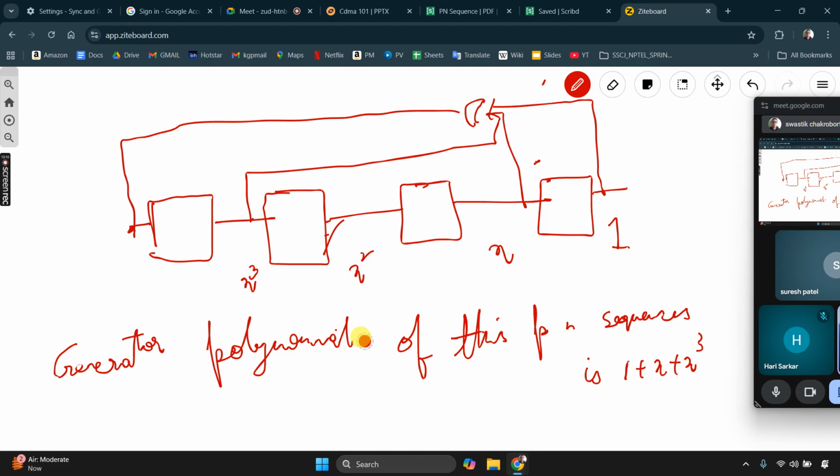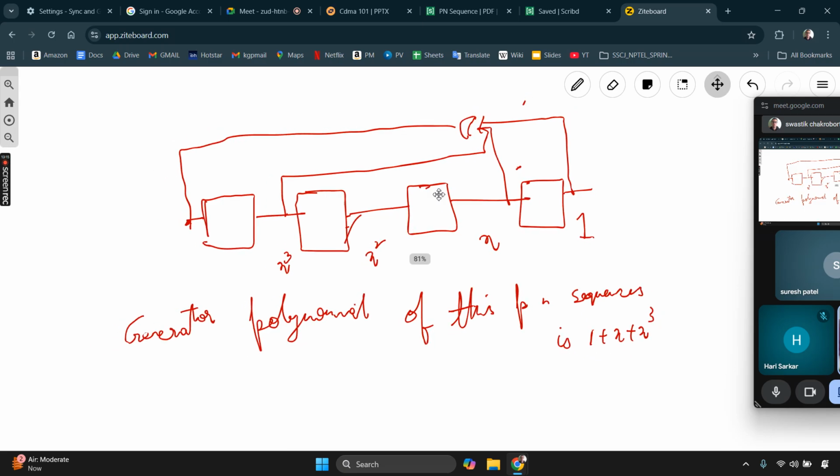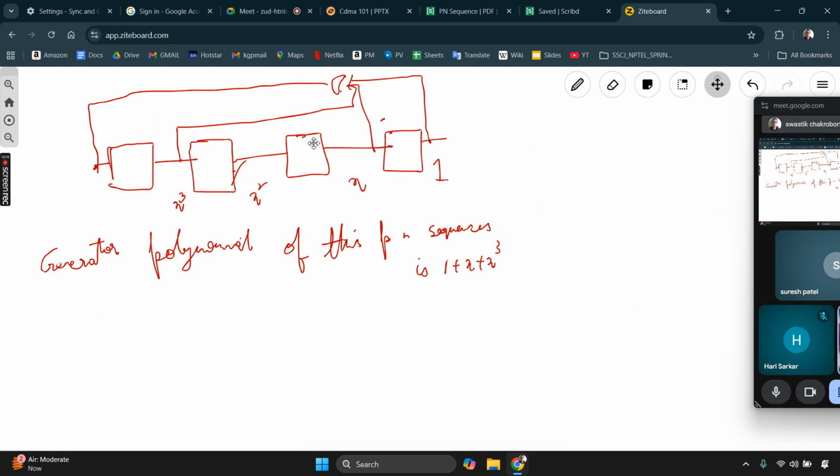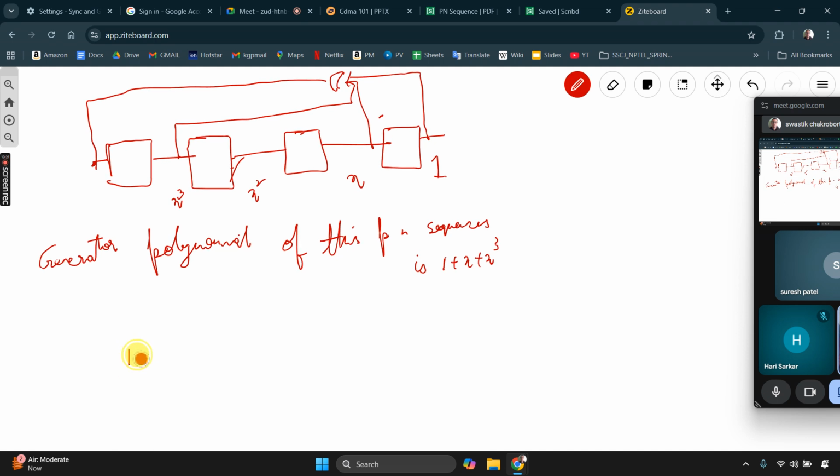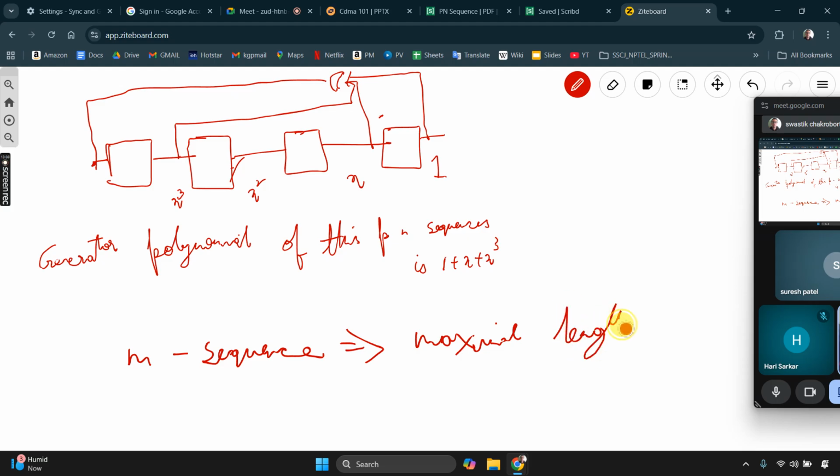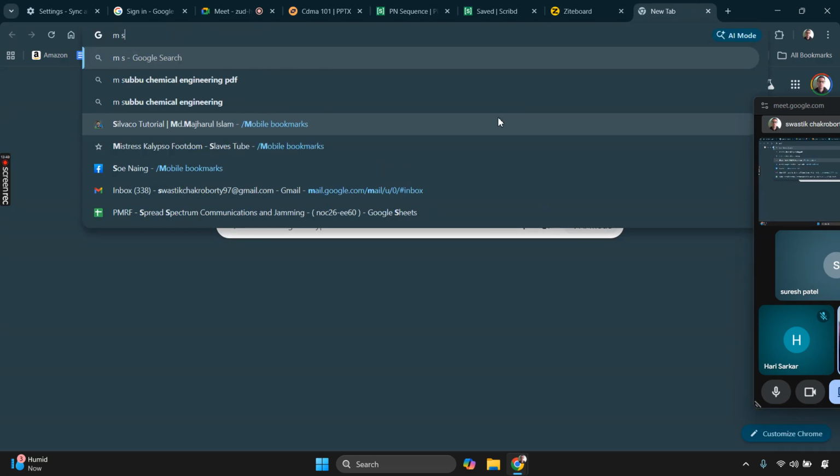Now usually when we generate the PN sequence from this linear feedback shift register, what we generate is an M sequence. We generate something called an M sequence, or maximal length sequence. So if we go into an example of an M sequence,